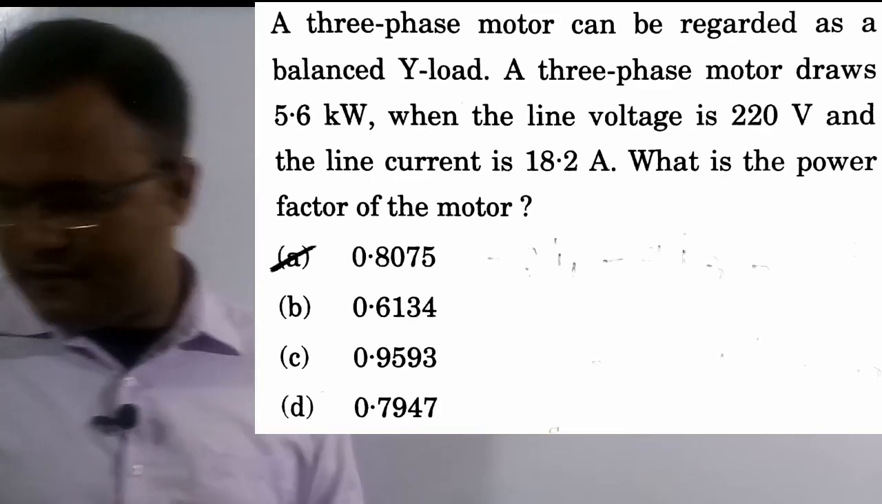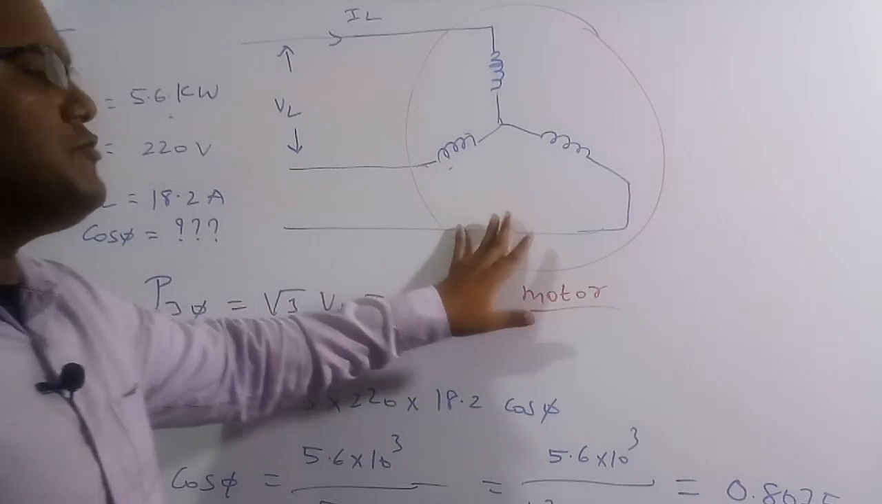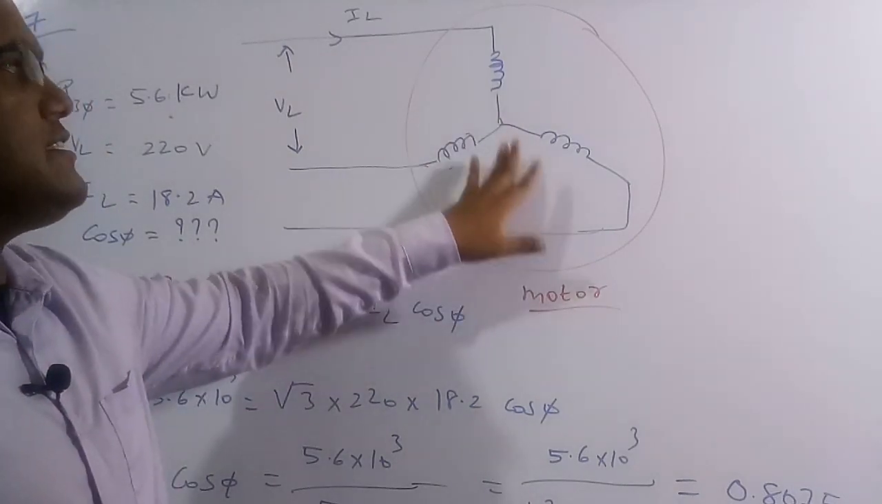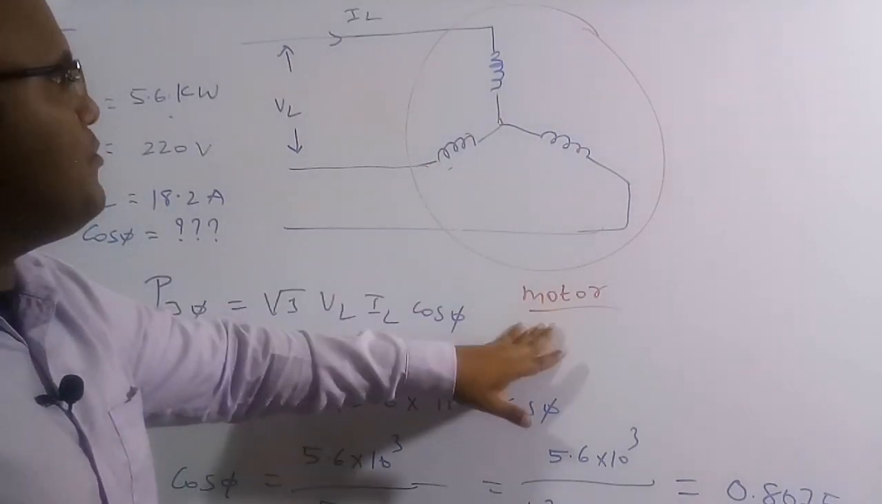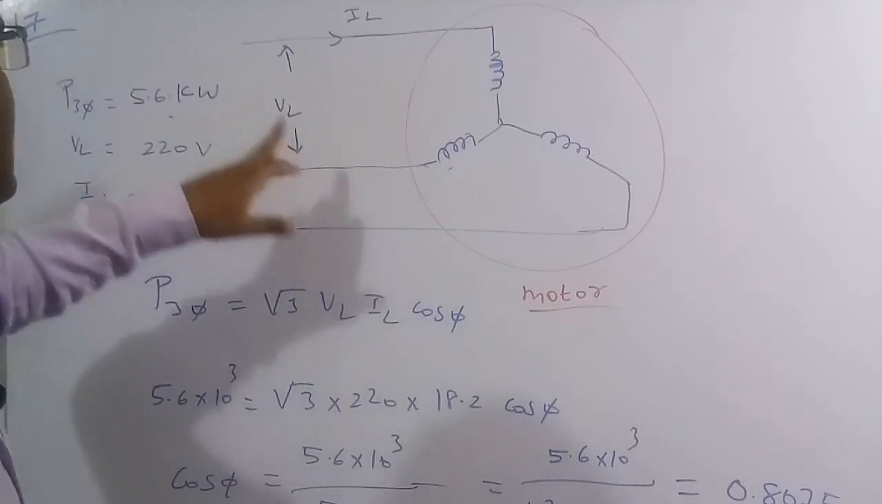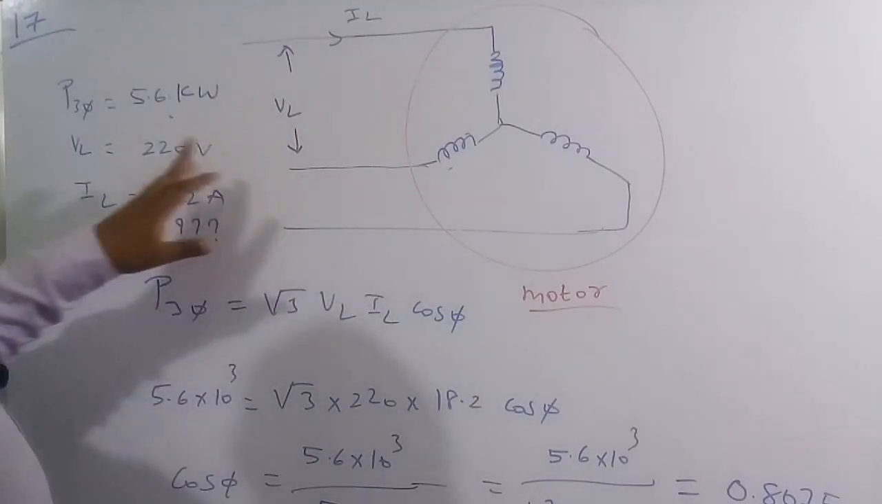So let's solve this numerical. In this question there is a 3-phase motor. This motor is connected in a star fashion. We are given that the line voltage across this motor is 220 volt